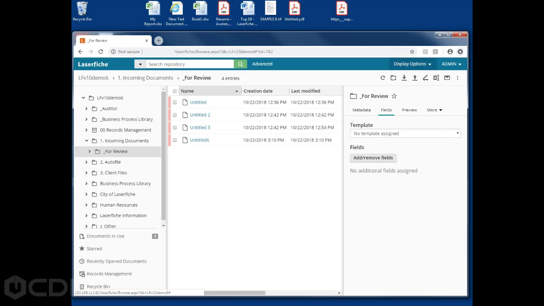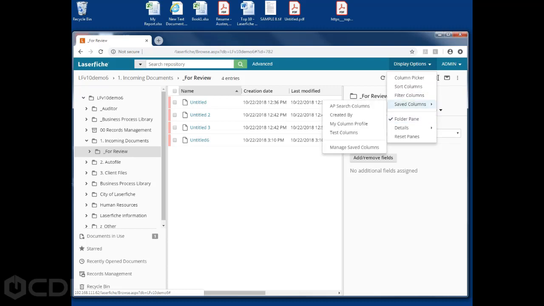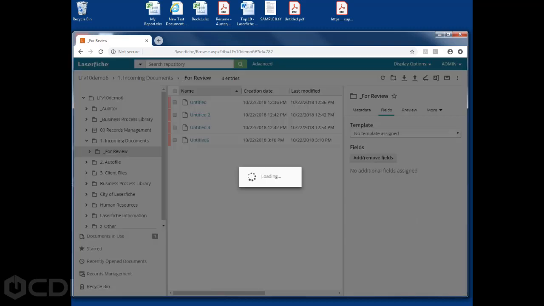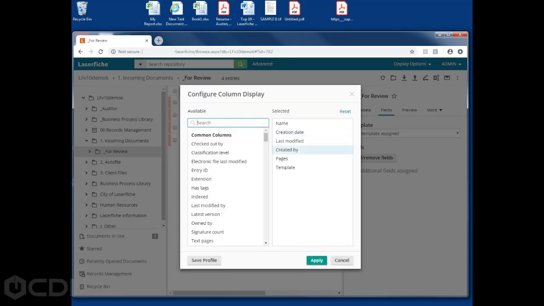Go to the Display Options choice at the very top, and you can add the sortable columns, filter columns, and folder pane view. You can even save columns as you customize them. Column Picker allows you to add or remove custom columns to your contents display window. We can add creation date, move it around, reorder them, remove certain